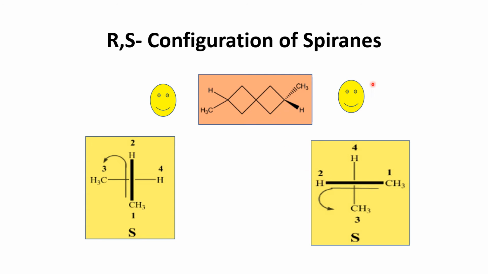It should be on that side. If you see this side, H will come this side and CH3 should be on this side. Okay, just keep this in your mind clearly. So you have to give preference to 1 and 2. And if you go to this carbon atom, the CH3 and hydrogen will be the solid line. So the solid line you always have to write in a vertical line. So hydrogen will be here and CH3, this is 3 and 4. 1, 2, 3. So you have to circle like this. This is the S configuration.